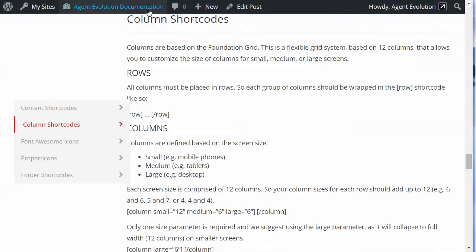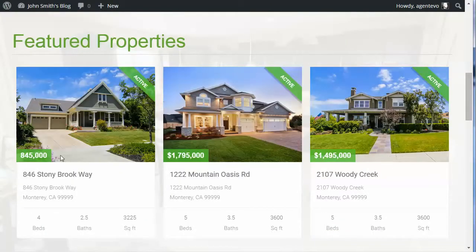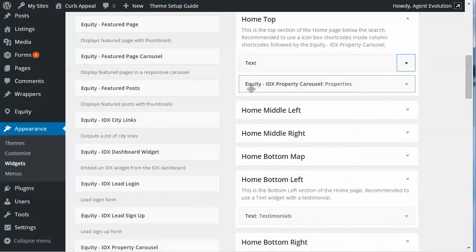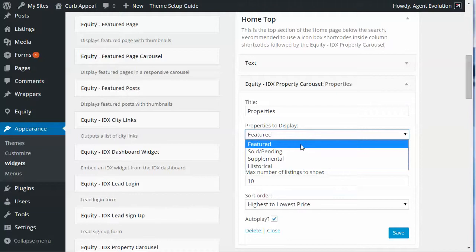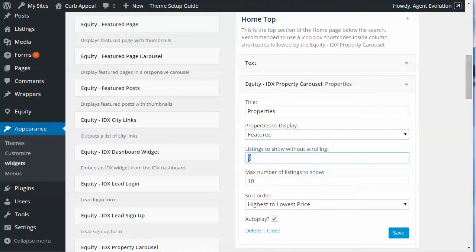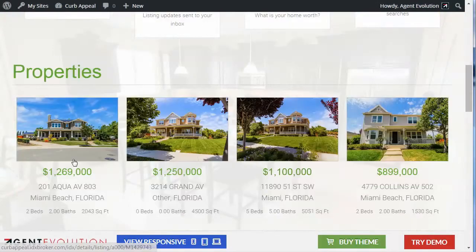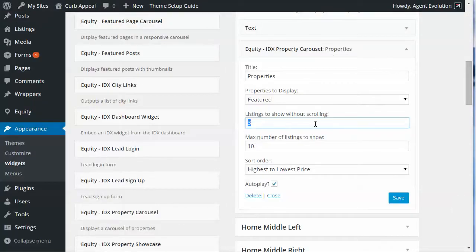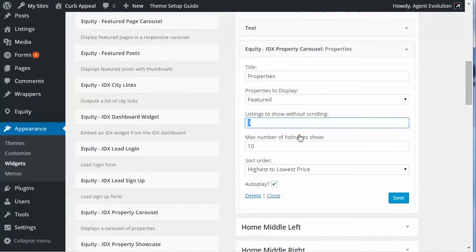So if we go to the front of our site, you'll see there's our 3 active listings we're displaying under featured properties. Now on the one with IDX Broker, we're going to use the Equity IDX Property Carousel. On this one we give it a title, and we can just select featured properties. We want it set to 3 across, and we'll go to the front, and you'll see there's our featured properties. Well, it looks like it's showing 4 instead of 3, but